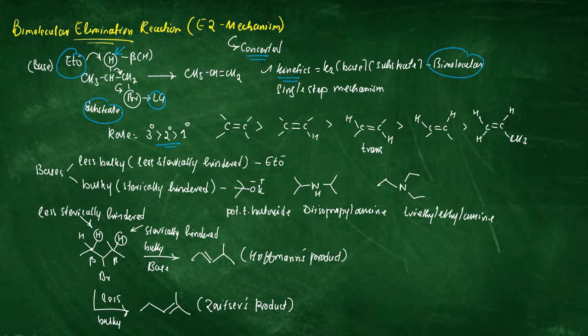Here we have shown the stability of alkene. For example, a tetra substituted alkene, this is a tetra substituted alkene, is more stable than a tri-substituted, this is tri-substituted, which is more stable than a di-substituted, that should be a trans, and the trans isomer is more stable than the cis, and in turn both are more stable than a mono substituted alkene. This is mono